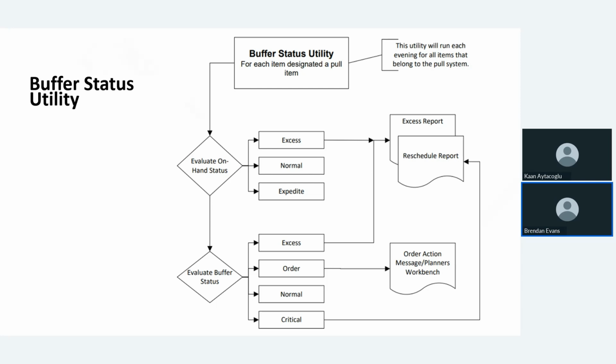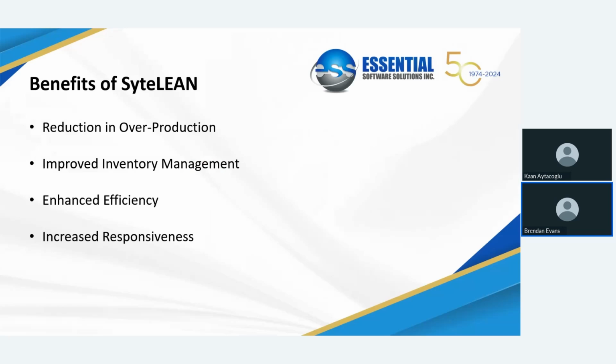All right, so we've talked about how to implement. We talked about what lean management means in the context of SyteLean and SyteLine CSI. So, the benefits of SyteLean. The main benefit is a reduction in waste, essentially a reduction in overproduction. SyteLean allows us to produce only what's needed, reducing waste and other associated costs. It allows us to improve our inventory management, maintain accurate inventory profiles, and automated replenishment will help us maintain optimal stock levels and more timely replenishment of